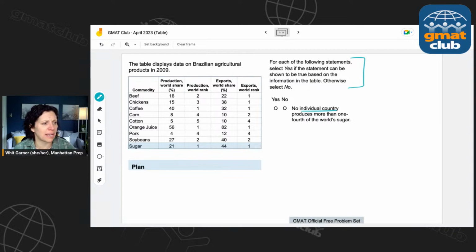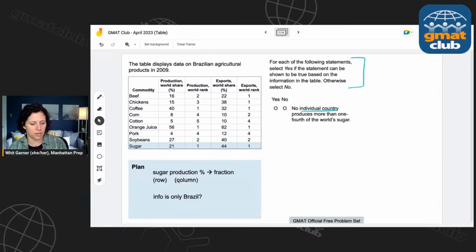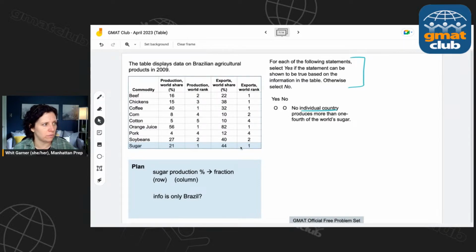Well, let's look, right? Like, produces more than 1/4 of the world's sugar. Okay, well, let's look at sugar production, right? So sugar production is the bottom row. And this is talking about a fraction, 1/4. So that's like a percent. And so let's look. Sugar,